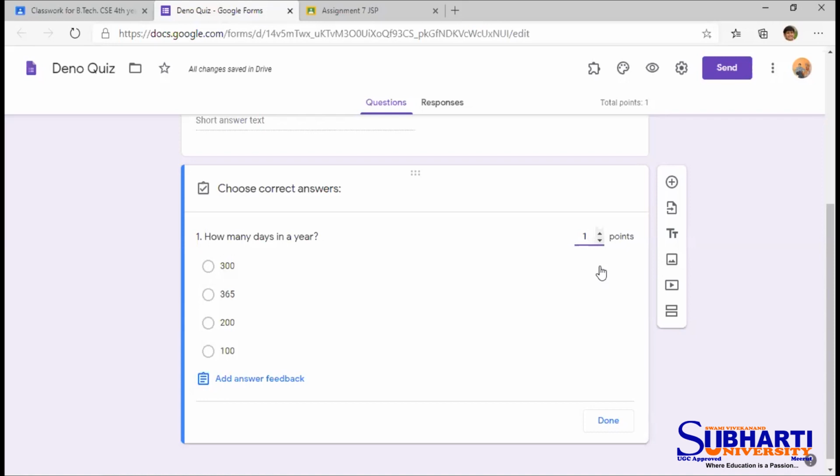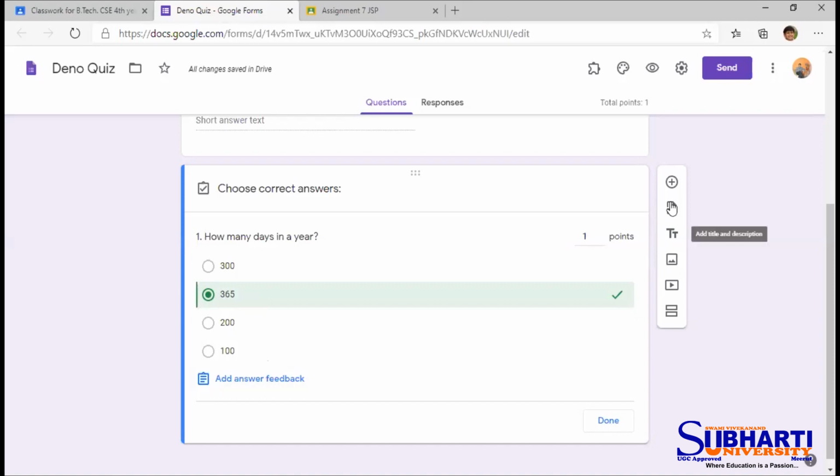Now remember, please. Now I will bring the cursor to the right answer among the options which I have specified. I will click here. This hand cursor is displayed. I will click on this 365. This is one of the important things which we should remember when we are making the quiz. Now I will click on this 365. It means I have specified the right answer for Google, so that now Google can check which is the right answer. This question specification is complete.